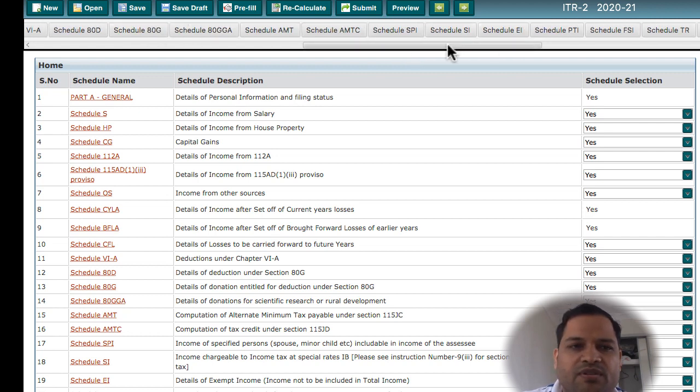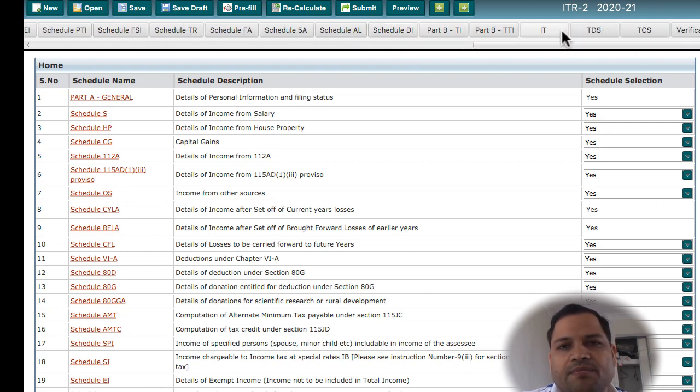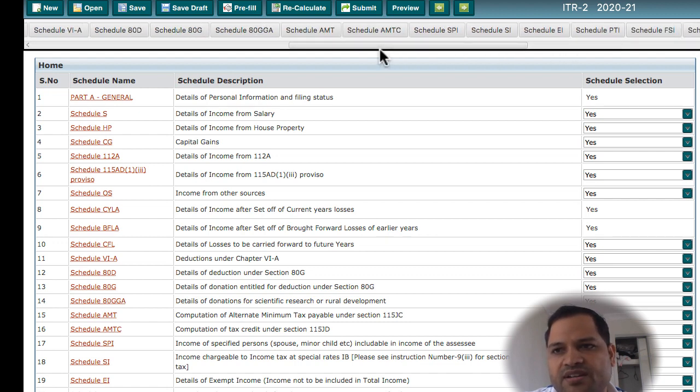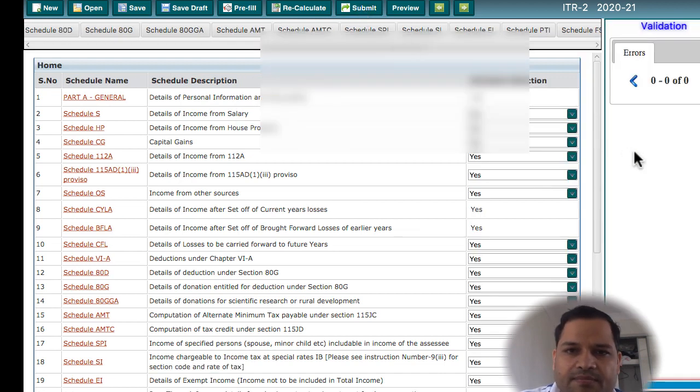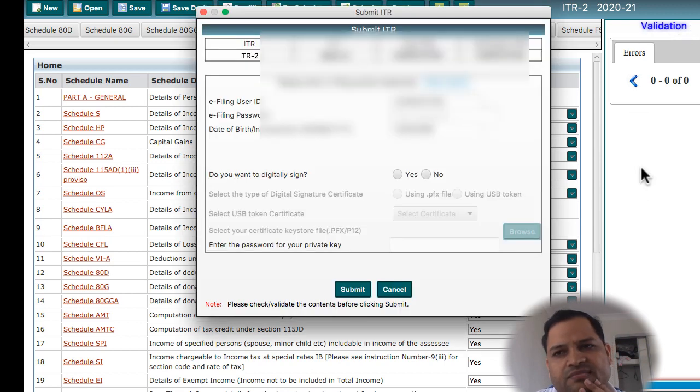Once you are happy with all the information, you have to click on submit, and then it will show the errors if there are any. On the right hand side here you can see there is a validation panel, so it shows all the errors there. Currently there is no error, but if there is an error, it will tell you exactly where that error is.